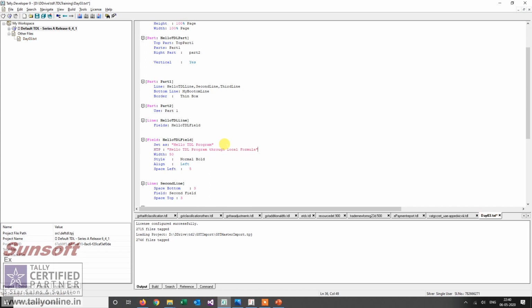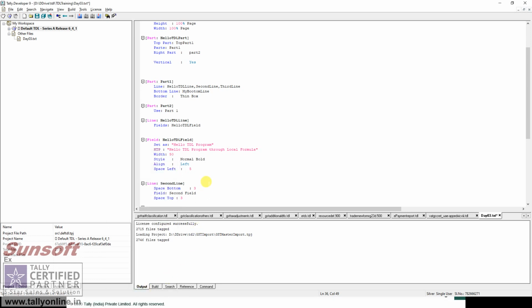I have defined this local formula, and now I'll write at the rate HTTP. What this means is I have defined a local formula and I am accessing it through at the rate. So at the rate HTTP I am accessing the local formula.